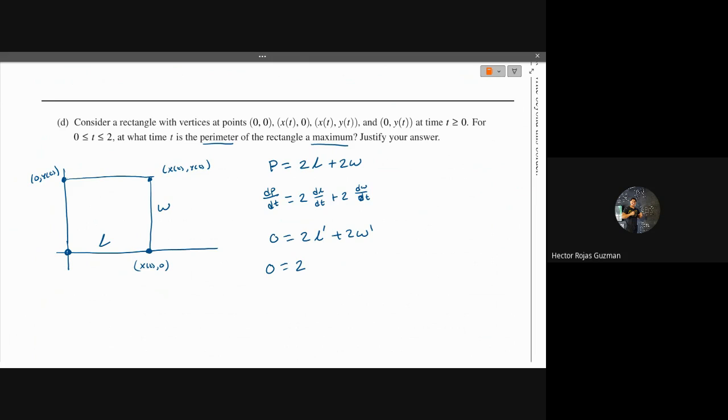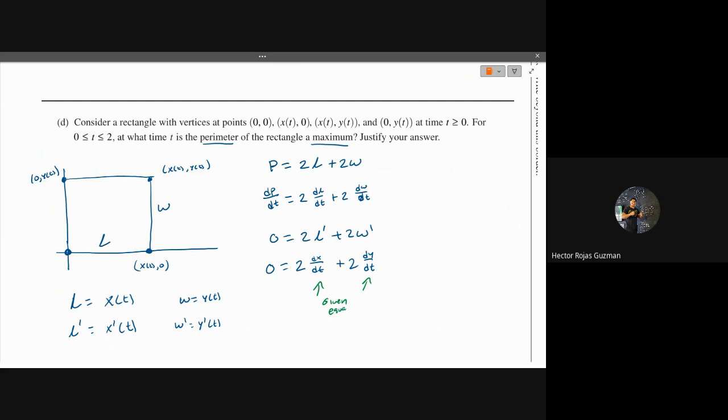So if you think about it that way, the length equals x of t. So L prime is going to be x prime, that's dx/dt. At the same time, the width is going to be y of t. So the derivative is going to be y prime, dy/dt. And by setting it equal to 0, since we have equations for both of these functions,